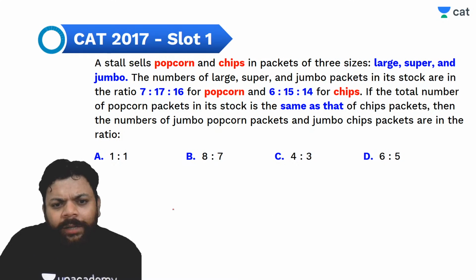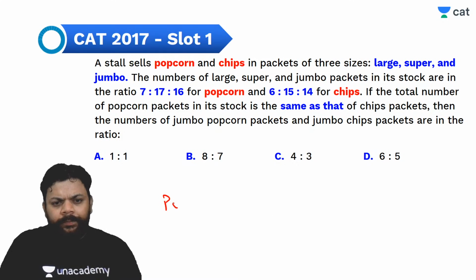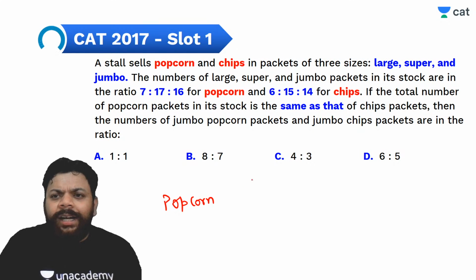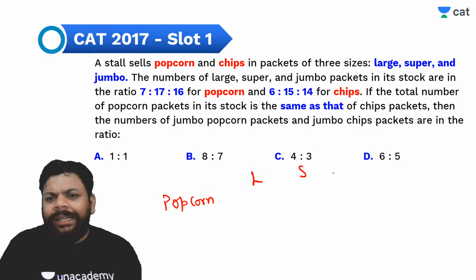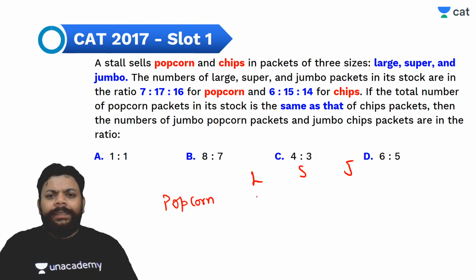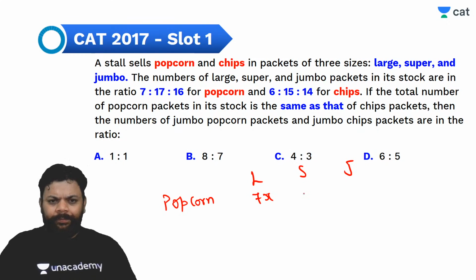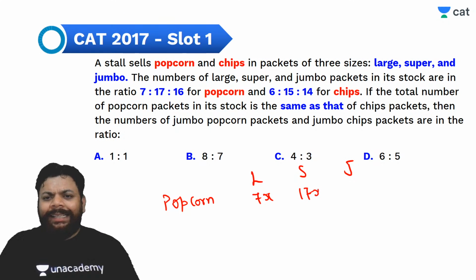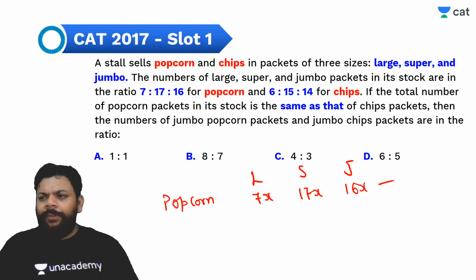So if I talk about popcorn, sizes are large, super and jumbo. Let's say this is 7x, this one is 17x and this one is 16x. If I do total,